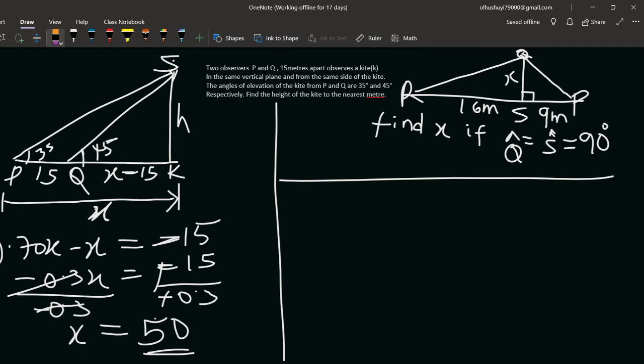Now considering triangle SQK, from there, this is QSK. 50 minus 15, that is 35. This becomes 35. This is still 45. And this is h. So I can say tan, opposite over adjacent,